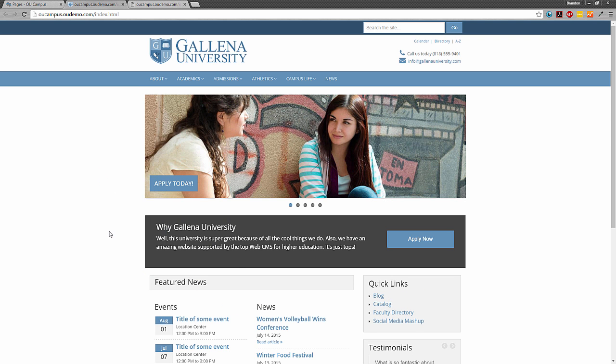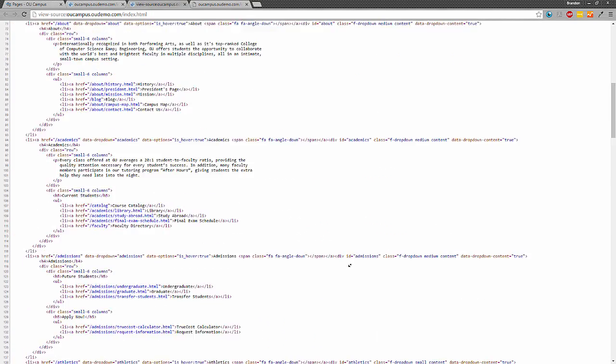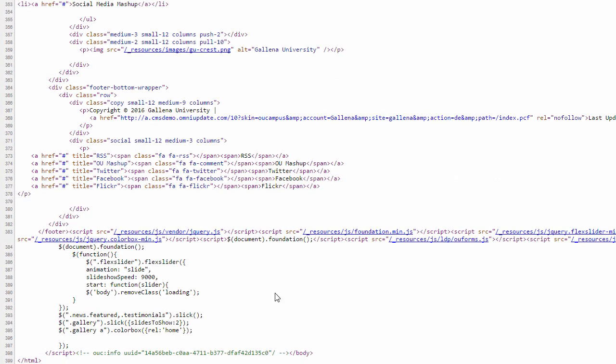If I view the source of this page and I scroll all the way down to the bottom, what we can see is that there is a little comment here called OUC info, and it's just got a UUID inside of it. That UUID, if it's added to a page and Insights scans that page, tells it that the page is managed by OU Campus. So all of your files that are not managed by OU Campus will not have this comment, and Insights will treat it as a page that's not managed within the CMS.